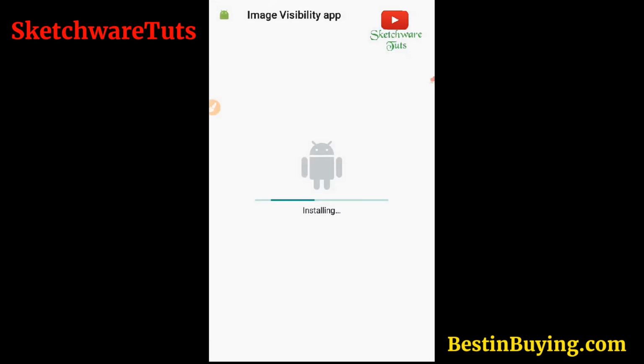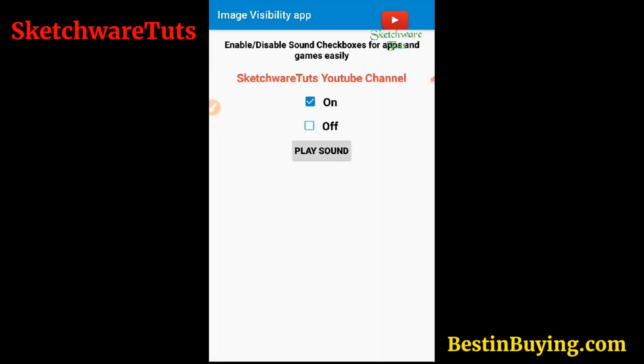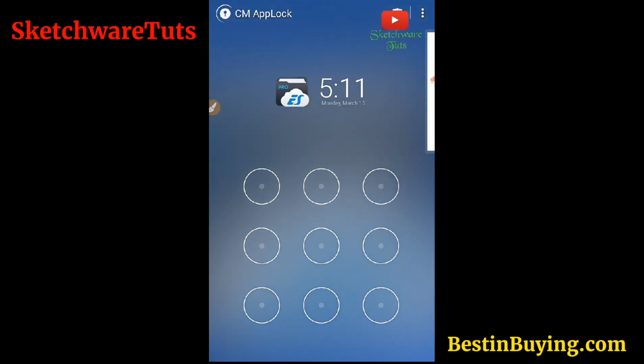So I'm going to install the app now. Now opening the app, and let's see if it works now. So I'm tapping the play sound button here.